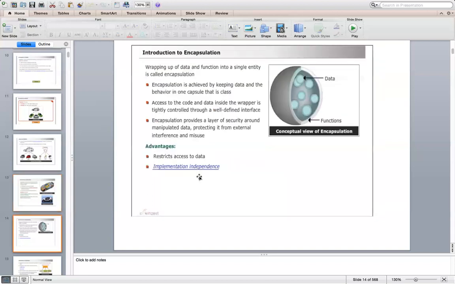Let's now move to the other concept called encapsulation, one of the important concepts. Encapsulation is wrapping up of data and methods into a single unit. You wrap your data and methods into a single unit. So let me make you understand this. In order to do this, I'm making a diagram like this.